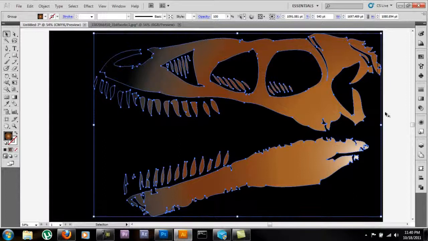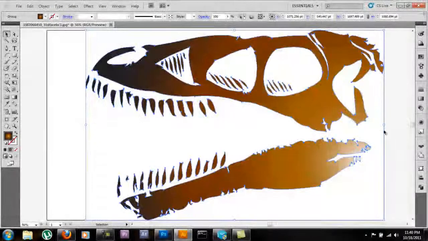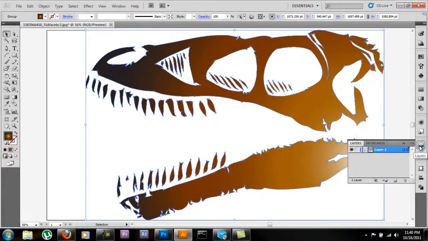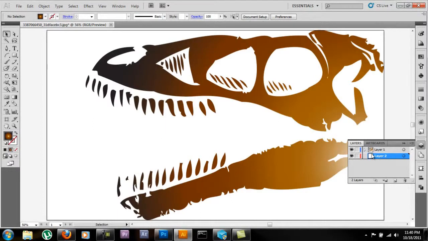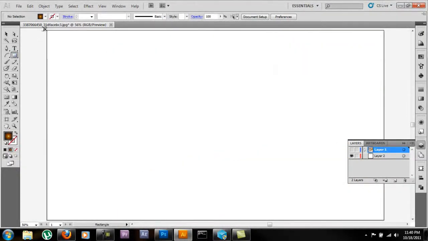Y'all could always, if y'all don't like that method, let me show you another one. The other way, of course, is to add another layer, hide that one so it's not in the way, actually move this one so it's behind, so this one's on the bottom and this one's on the top. Hide that layer, and then over here add your